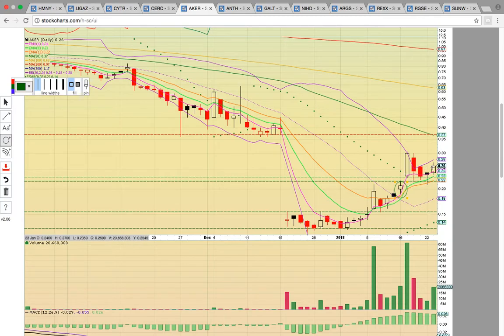And so the candles have been holding this level. It came back, it filled the gap. There was a gap between these two candles that filled, and now it's back above EMA 4 at 24. You want to see it stay above that level, and then there's a gap between low of day on this